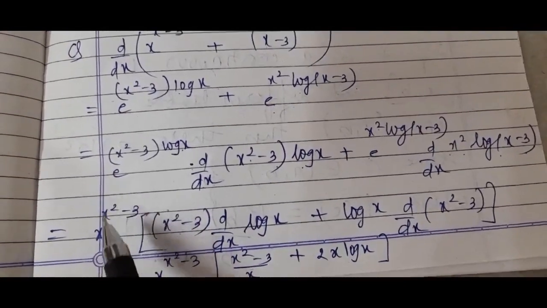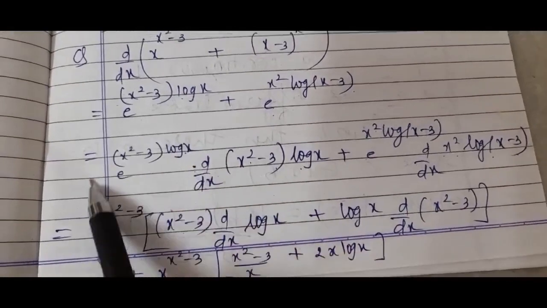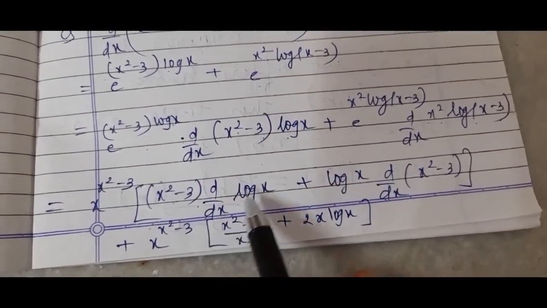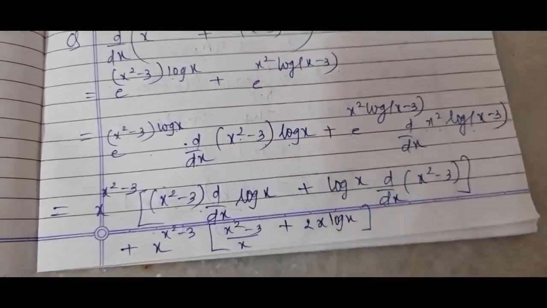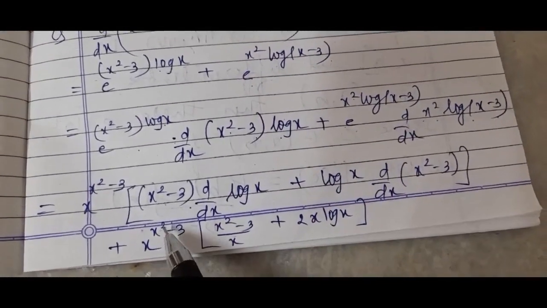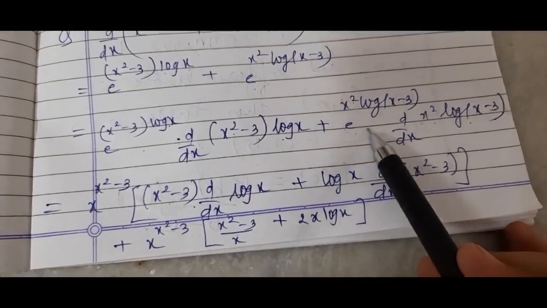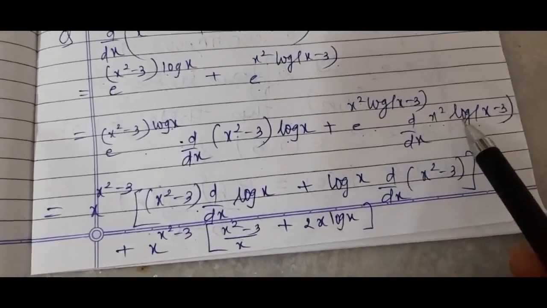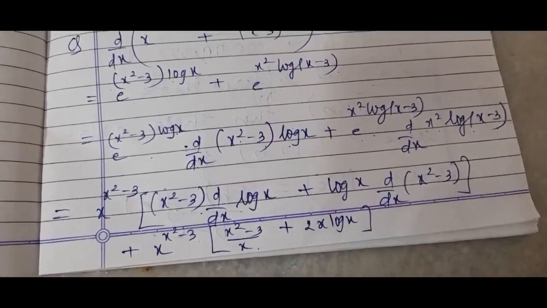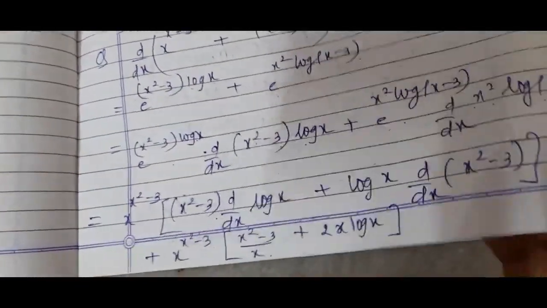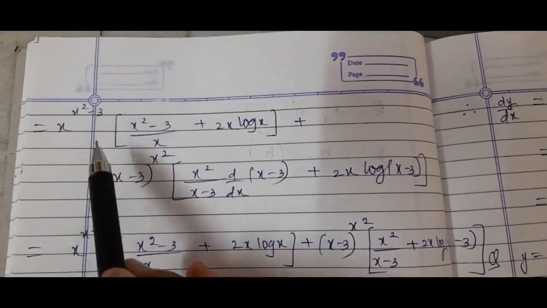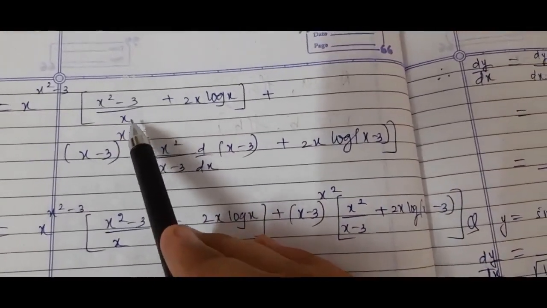we will get x raised to x square minus 3, or you can write it in the same manner in the exponential form, into x square minus 3 constant differentiation of log x plus log x constant differentiation of x square minus 3, plus now we will keep this term as it is, that is x minus 3 raised to x square, then d by dx of x minus 3 by x plus 2x into log x. Next step, simplifying further,